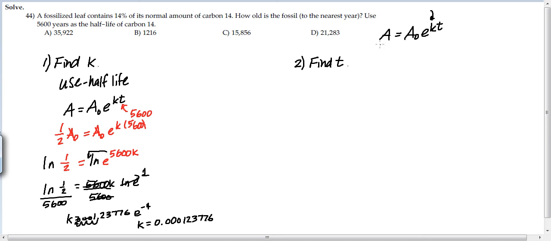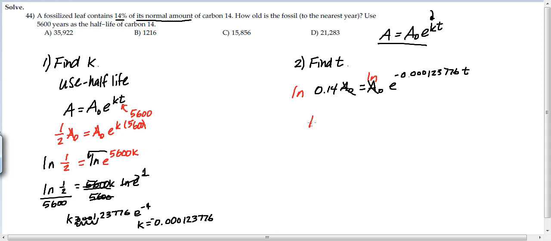Alright, so now I'm going to use this same equation, but now I have 14% of the original amount, right? It contains 14% of the normal amount. So 14% of the original amount in a leaf is e to the k, and we know k is, sorry, it's negative. I lost my negative back here. Negative 0.000123776 t. A0 cancels again, and we're going to take the ln of both sides again,